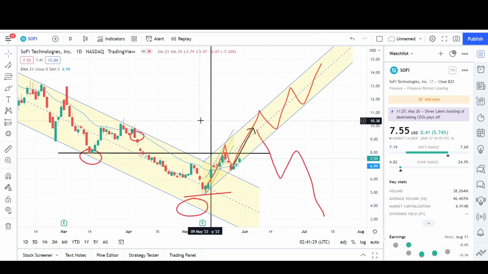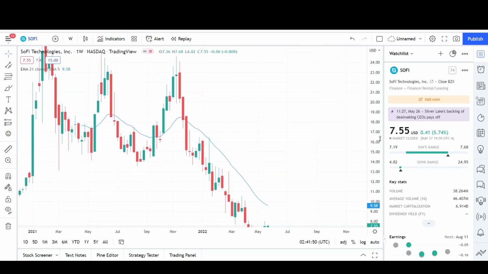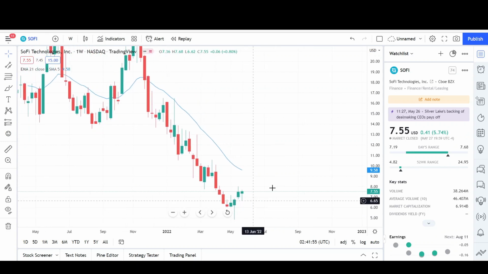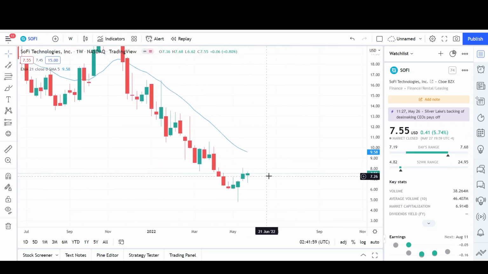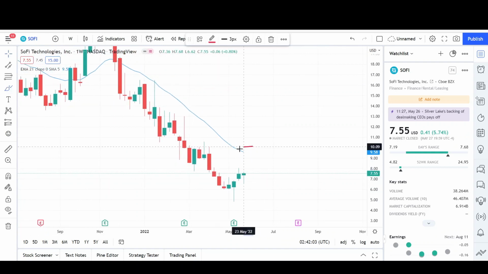We can go and wrap this up on the weekly chart. Here we have the weekly chart for SoFi, and again we're seeing nice bullish action near the lows of the stock price. Three consecutive weeks of buying or higher prices, so this looks pretty good. It does look like the EMA is going to be the next target. Again, very similar to what we saw on the daily chart, right around this